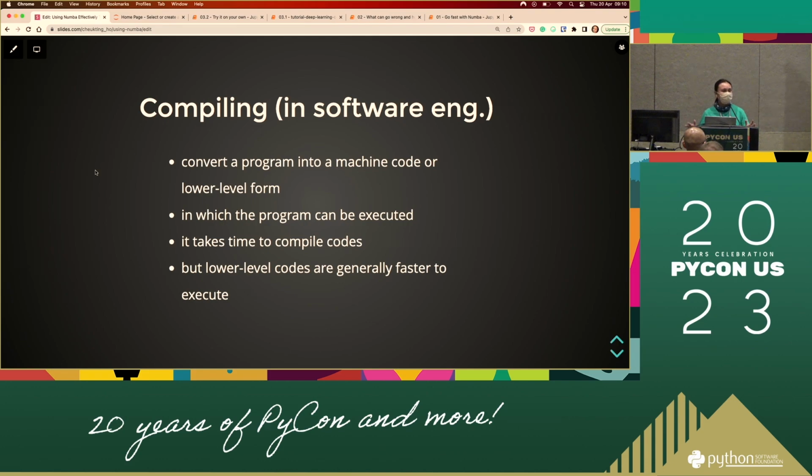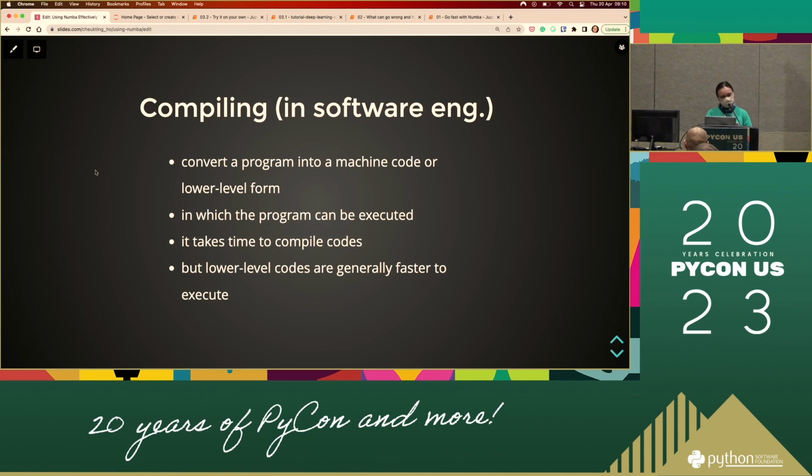For some programming languages, compiling is required to execute your code. Python doesn't work that way, but there are other programming languages that do. Compiling exists because your computer is dealing with 0s and 1s, so it can only understand low-level things, for example machine code. They're basically numbers, 0s and 1s, so your machine can understand. But nobody wants to write code in machine code because it's so difficult.